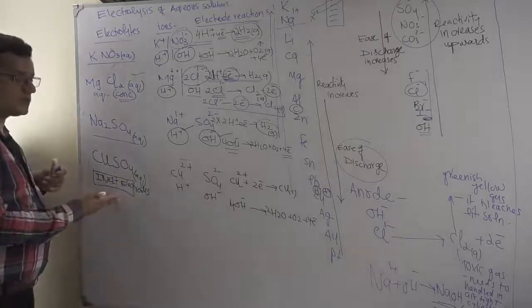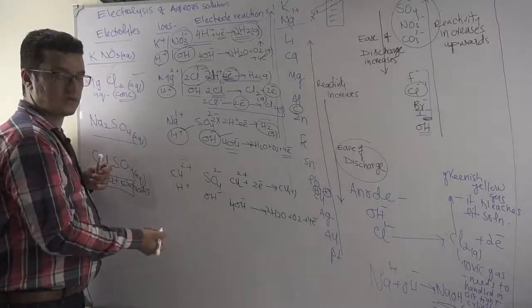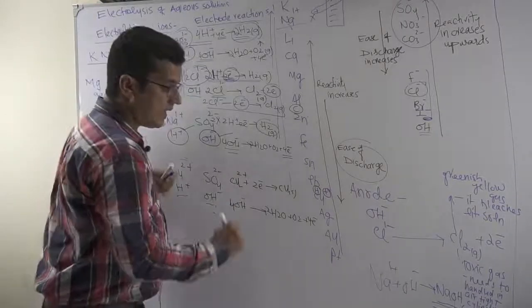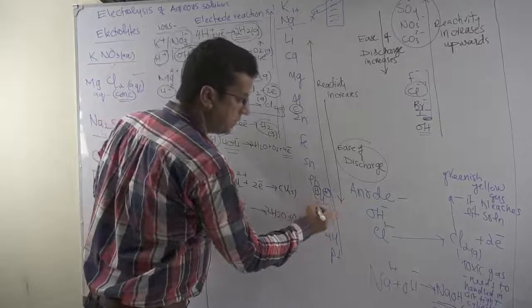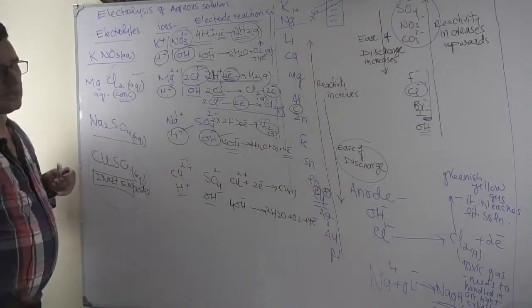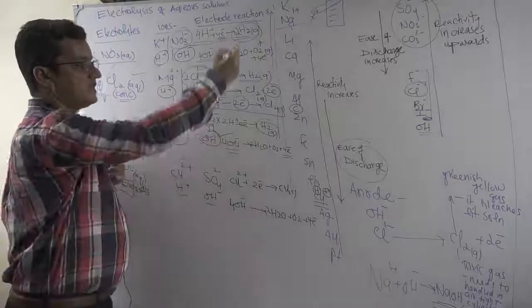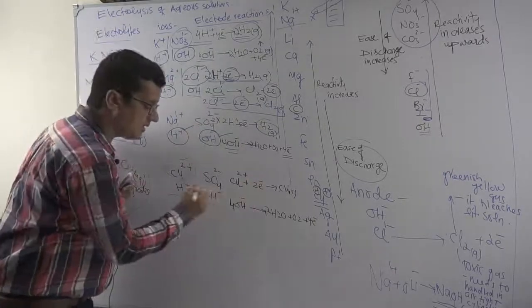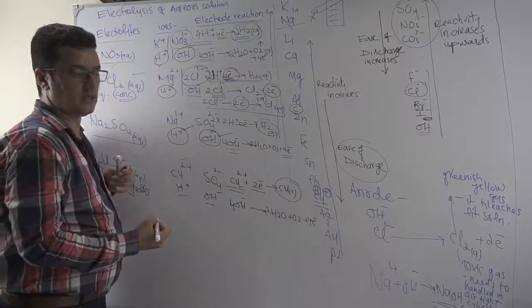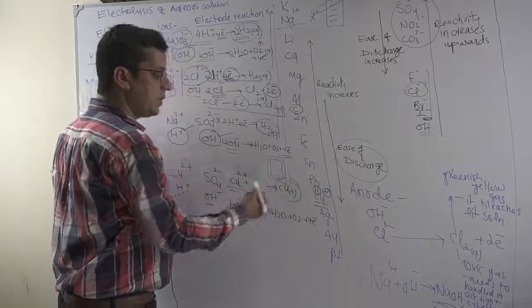Same here, inert electrodes like all these. We have copper sulfate, so copper ions and sulfate ions from the salt, hydrogen ion and hydroxyl ion from the water. Since copper ions are below hydrogen, their ease of discharge is more. So again, the positional effect will dominate, just like hydrogen wins in all these cases because of positional effect. Here copper ions are below, so these copper ions will accept the electron to turn into copper metal, and in this case your cathode is being coated with reddish pink pure copper.